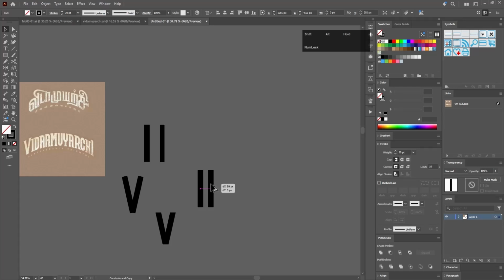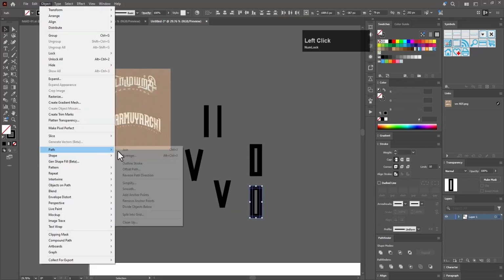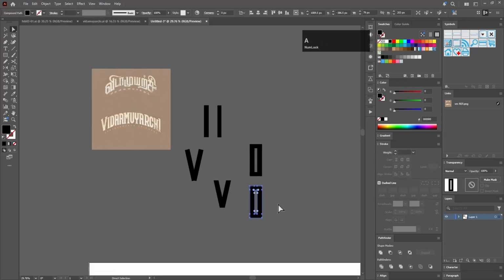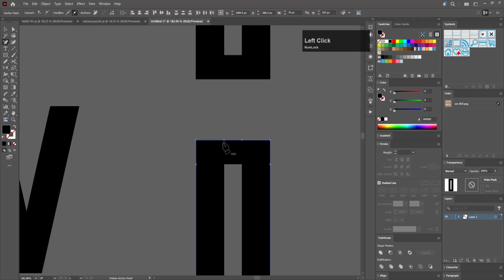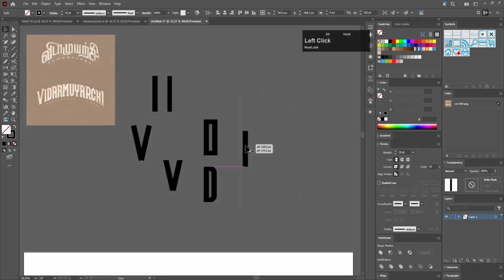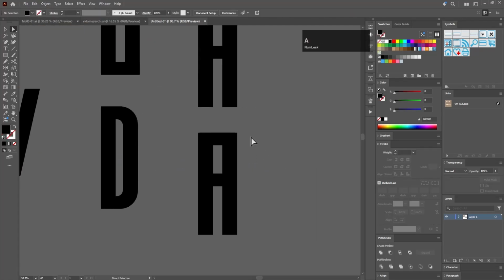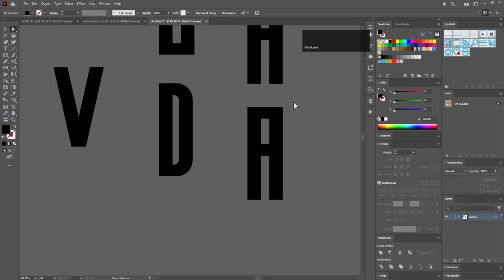a duplicate holding Alt, another line, and I rotated it 90 degrees and converted it to an outline, and I merged it and I deleted the unnecessary points using the delete anchor point tool. I started rounding the points using the direct selection tool, and I followed the same process to create this letter and made an outline of this, and I merged it using the unite function, and then I removed the extra points with